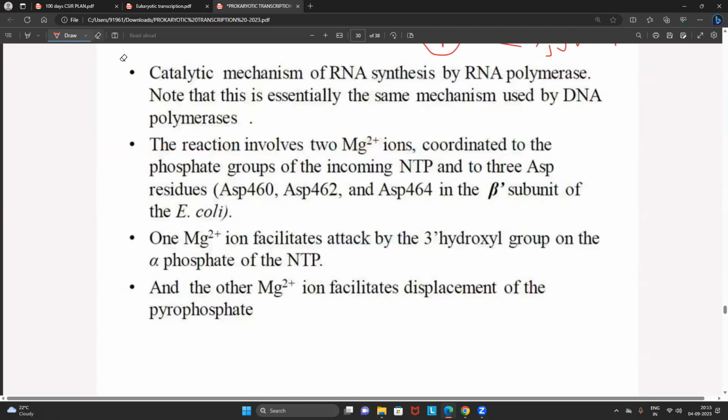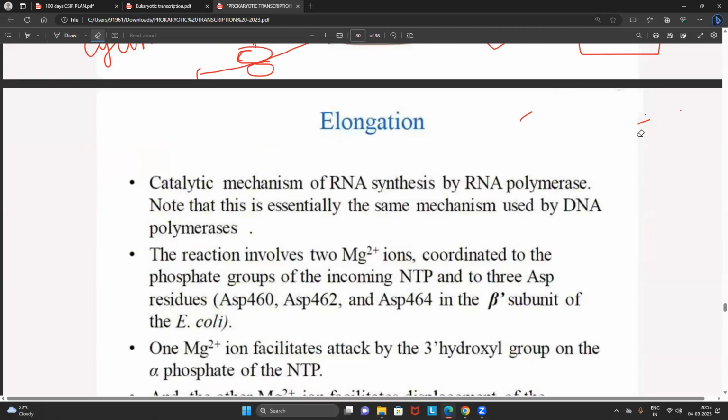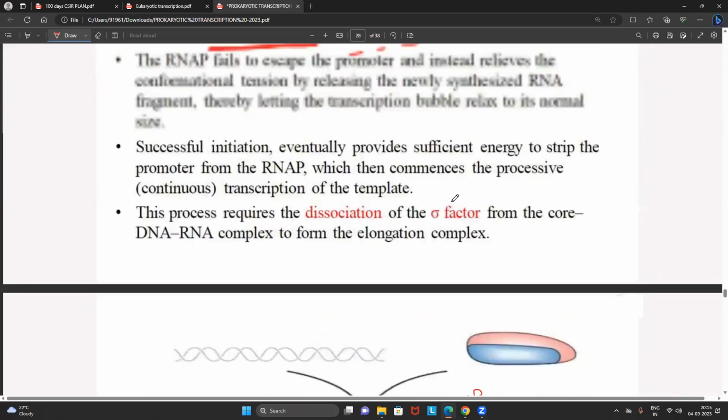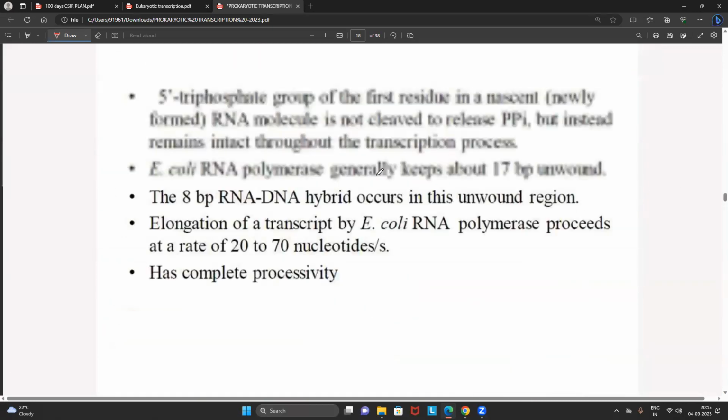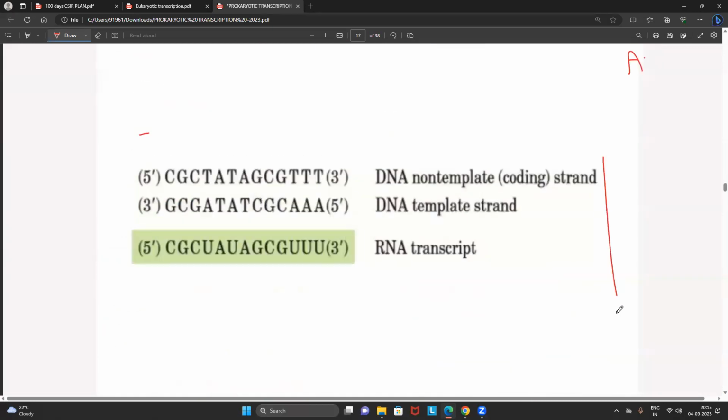Okay, now look into this. If I ask all of you a simple question, what happens in the elongation? Undoubtedly, we are synthesizing the mRNA. You tell me, what is the meaning of synthesis of mRNA? Addition of one nucleotide to another nucleotide. That's all. That is what we call synthesis of mRNA. Every student answer my question. Now, if I want to synthesize the mRNA, every student knows that mRNA is single stranded. Only a single strand. Now, out of these two strands, think and answer my question.